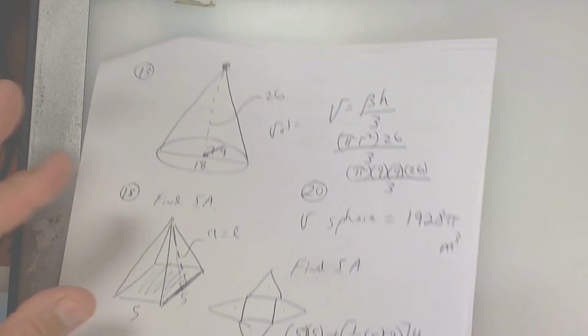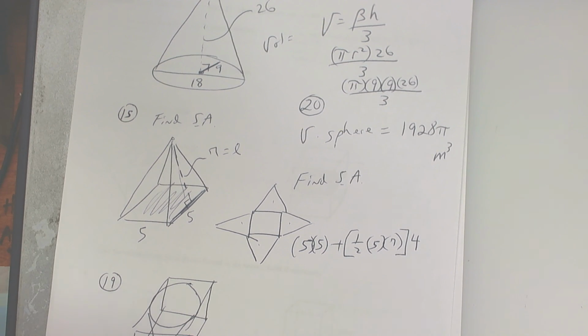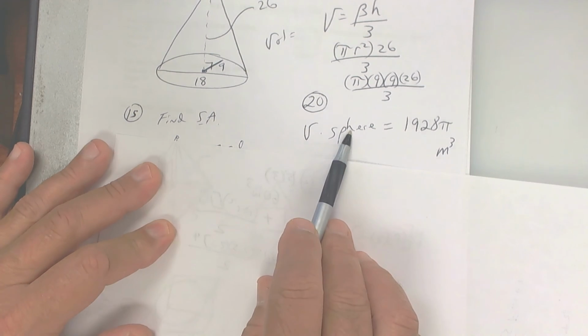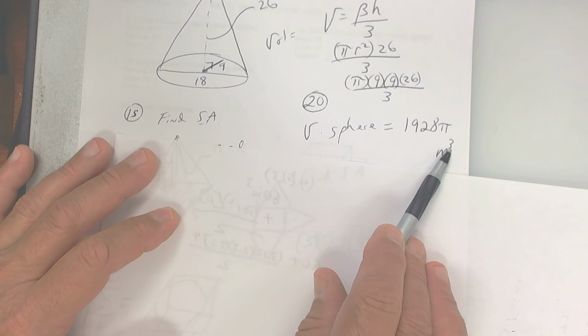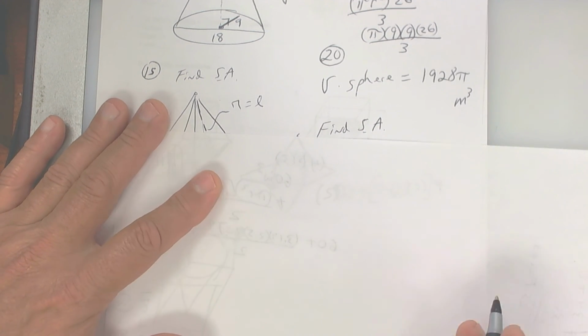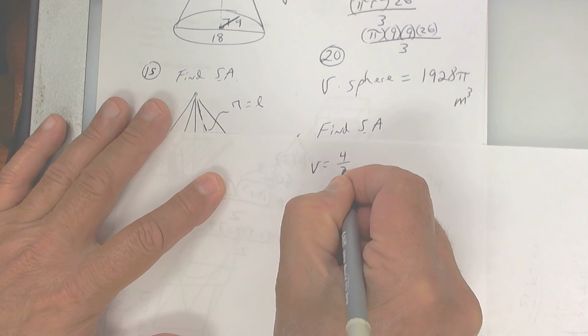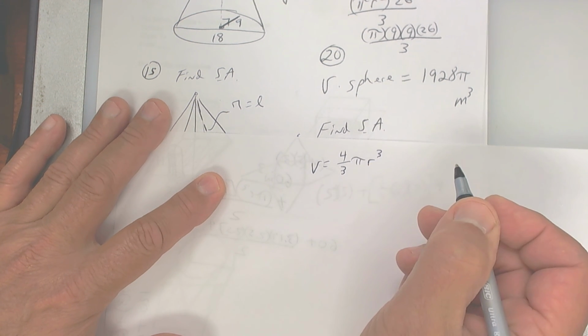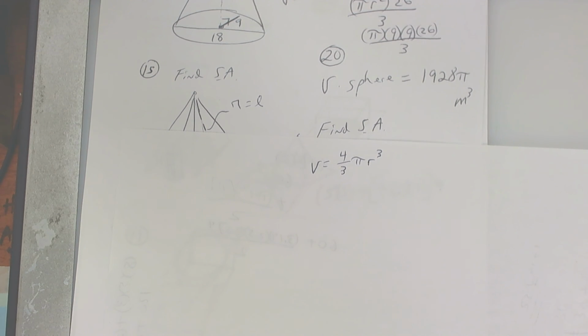All right, there's one more I want to look at before I give you your practice test. And here it is right here. This one right here, they give you the volume of a sphere. They give you the volume, number 20. There's the volume. And you know it's volume because it's cubic. And they want you to find surface area. So get your formula sheet out. I think volume is equal to 4/3 pi radius cubed. Memorize that. And then surface area, I'm not real sure, so let me Google that real quick. Okay, so you got your